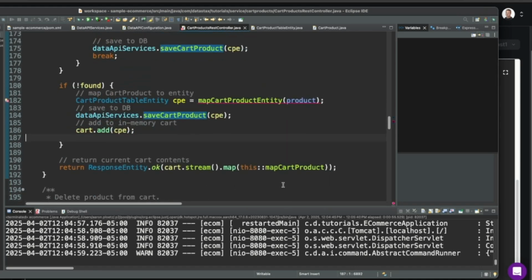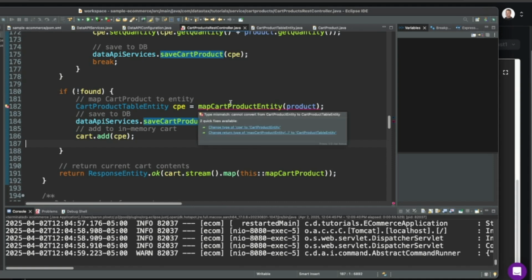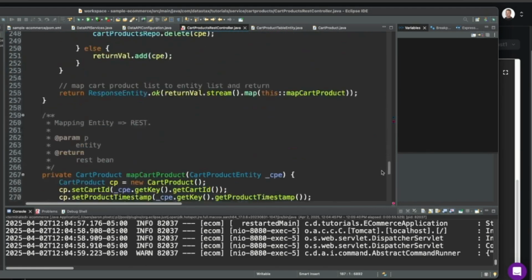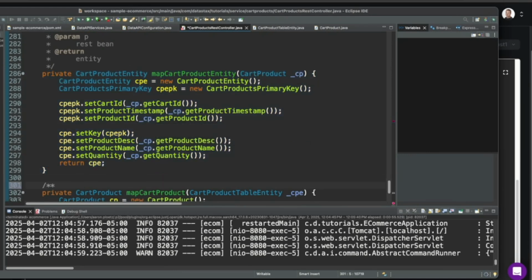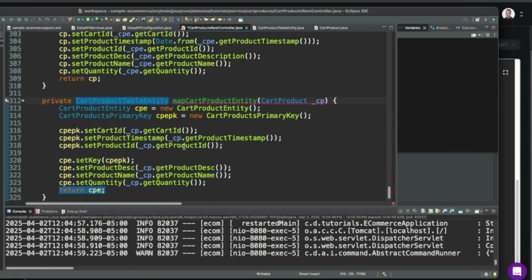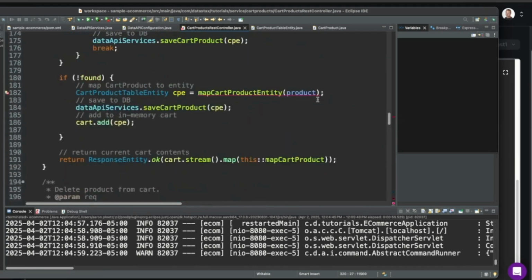That will be returning when we're done. Now, of course, our map cart product entity is not working, so let's go ahead and adjust that. Yep, here we go. Table entity and table entity. There we go, and cart product table entity.